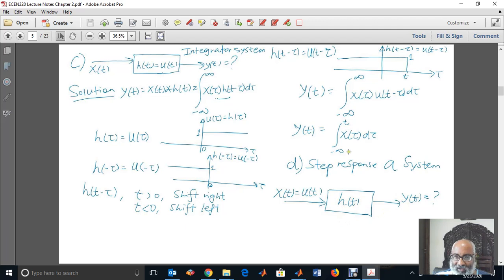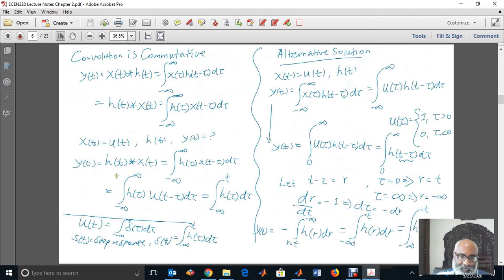So this is actually some experimental way to get the impulse response. You just give the unit step function and get the output of that system, and then you differentiate the output and you will get the impulse response. Okay,